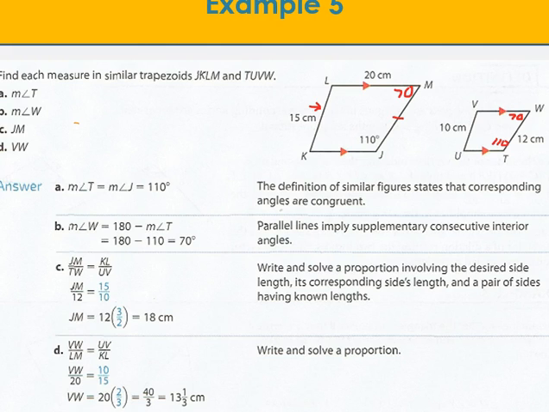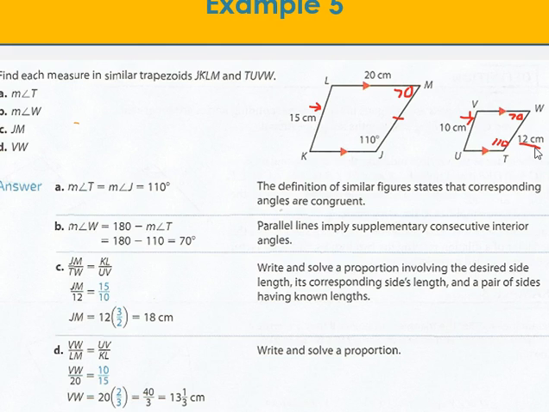Compares to UV. So JM, we don't know what the length of JM is, but we do know the length of TW. TW is 12. So we can add that to our proportion, and we can now compare the side KL to the side